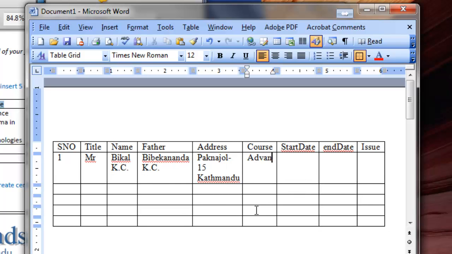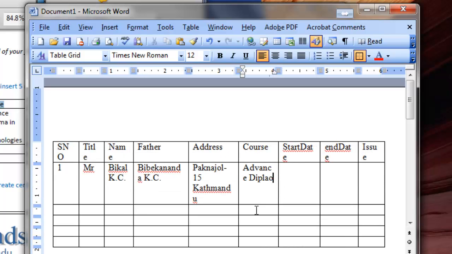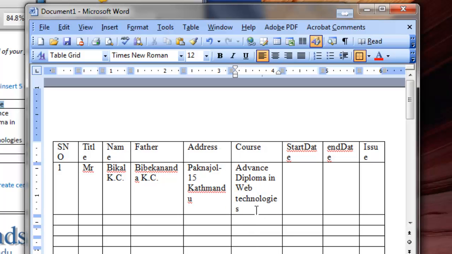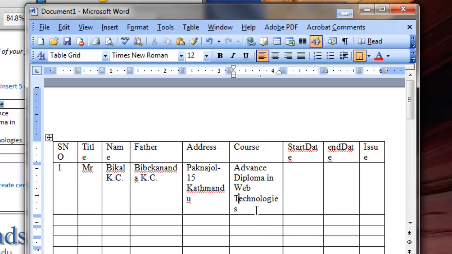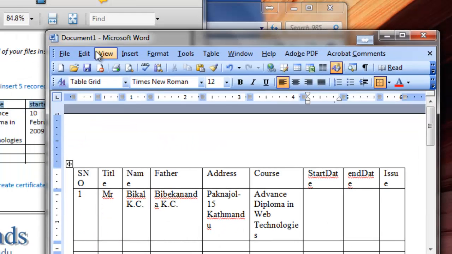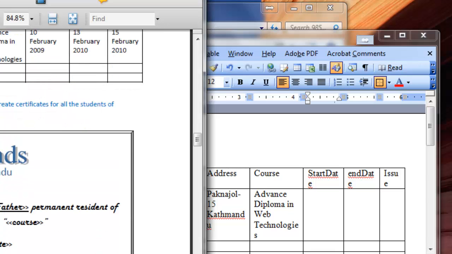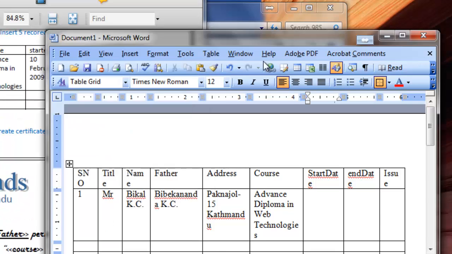Course is Advanced Diploma, Diploma in Web Technologies. Let me make this T capital. And on the start date, 10 February 2009,